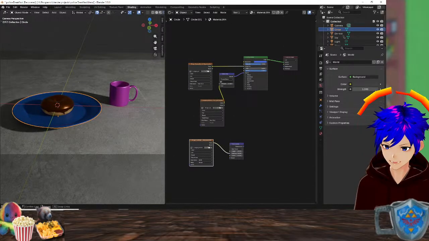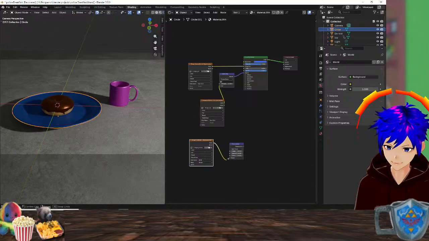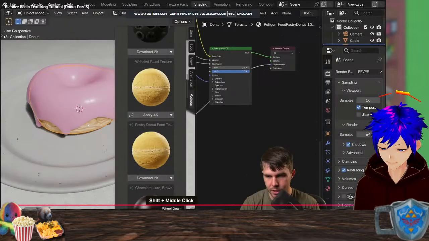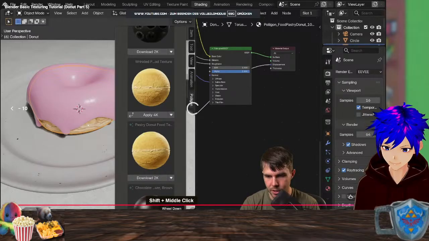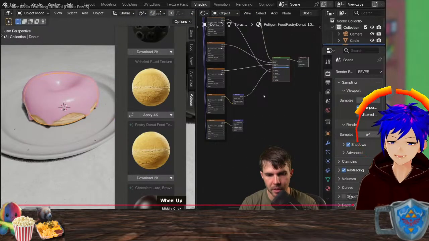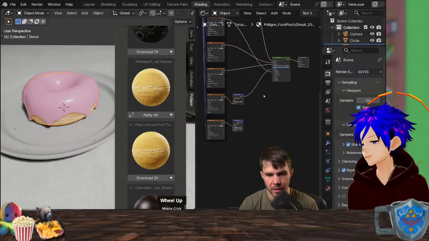When you are connected to color, it's connected to height. Of course.